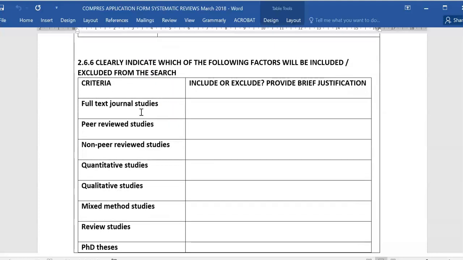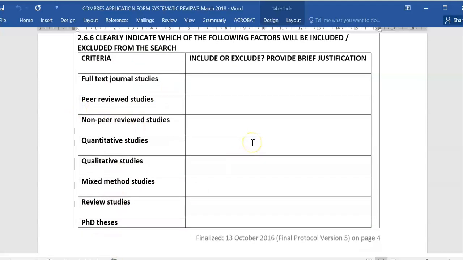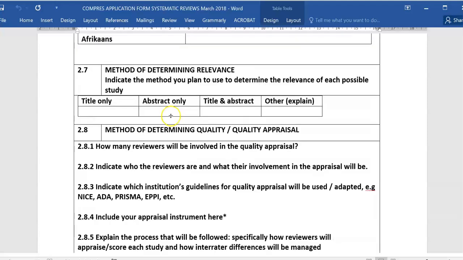A further focusing strategy is whether you will include or exclude the following levels of data. So will you only use full text journal studies, or will you use peer-reviewed studies only, non-peer reviewed, qualitative? You can decide whether you want to include or exclude them, as long as you give a valid reason for that. So then, once you have a selection strategy and you know how you want to get to your articles,